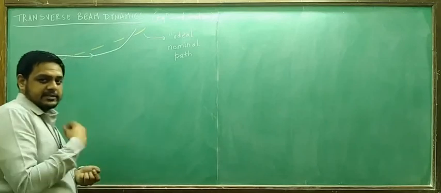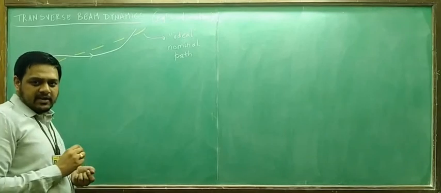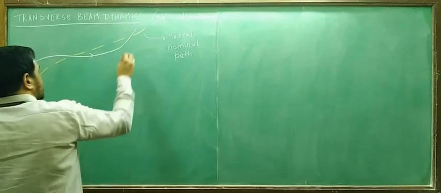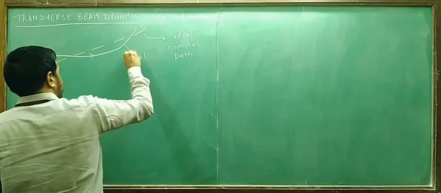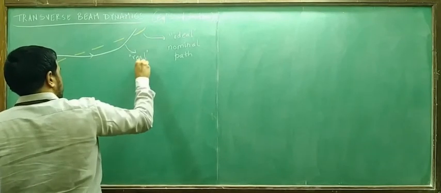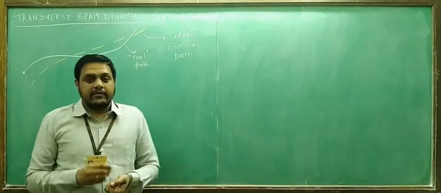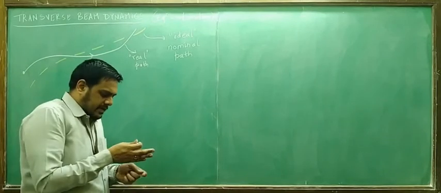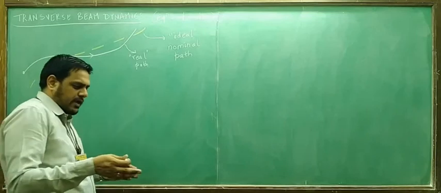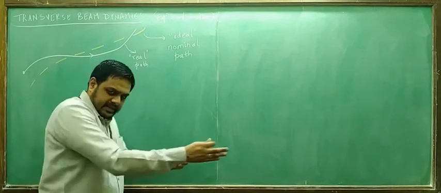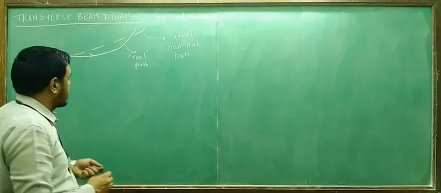We have seen this in the specific case of Betatron last time. This is just a basic extension of that idea. So you have the ideal or nominal trajectory and you have the real trajectory. And we want to describe right now in our discussion how much the real trajectory deviates from the ideal trajectory, particularly in two dimensions, that is, apart from the direction of the nominal trajectory, towards left, right and towards up, down, let us say.